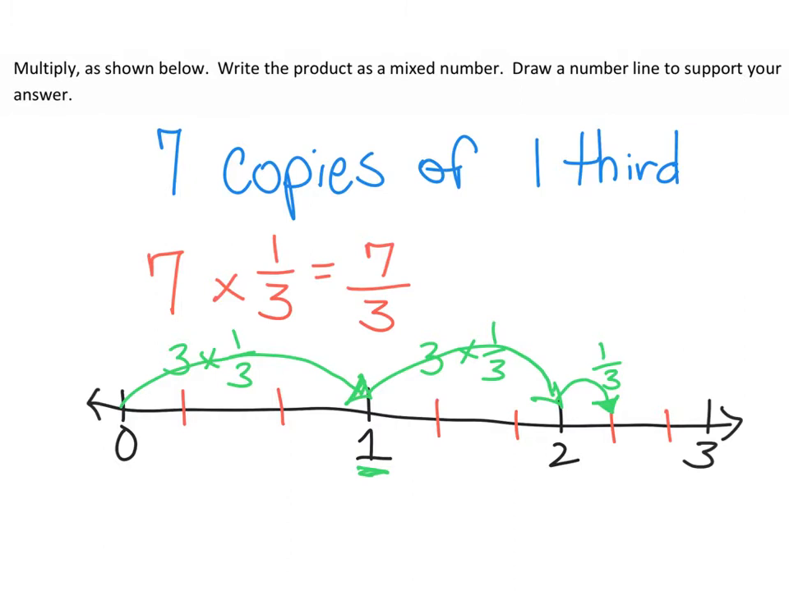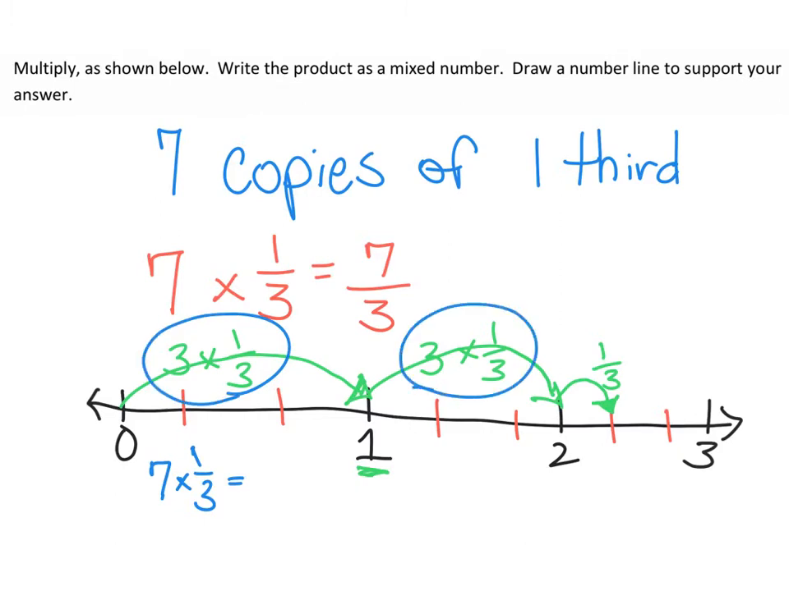So how would that look as a number sentence if we wrote it all out? Well, 7 times 1/3 is equal to, how many times did we do it? We did 2 groups of it. 2 groups of 1/3, we moved it up, 2 groups of it. Excuse me, 3/3, we made 2 groups of 3/3. Now we have to add on this little 1/3 here. So we did 2 groups of 3/3 plus that one little third left over, which is equal to